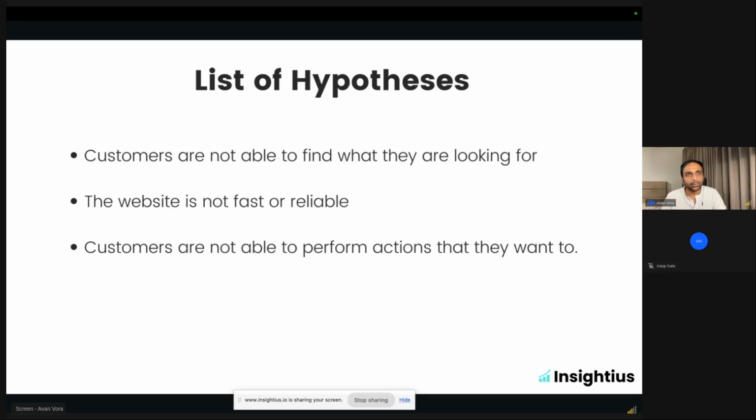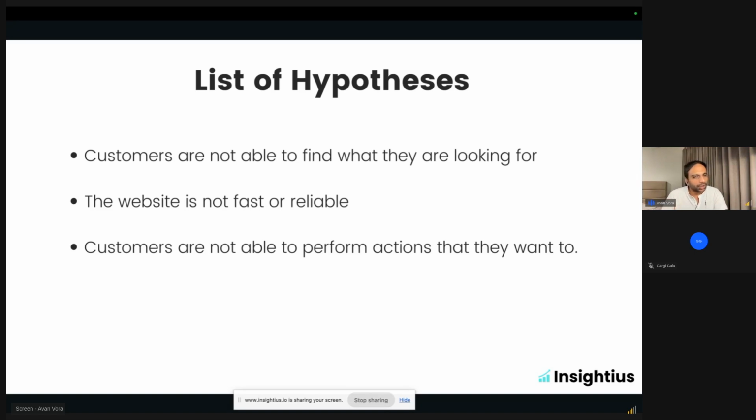I wouldn't say it's exactly customers are not able to find what they're looking for, but maybe customers are able to find what they want at a competitor website and hence they are going to a competitor website. Okay. What else? Customer categorization change. Yeah, that's a good point as well. Categorization has changed. Basically, it's not really user friendly. Too many options. Yeah, again, very good point. Too many options, too few options, right? All of these are good points.